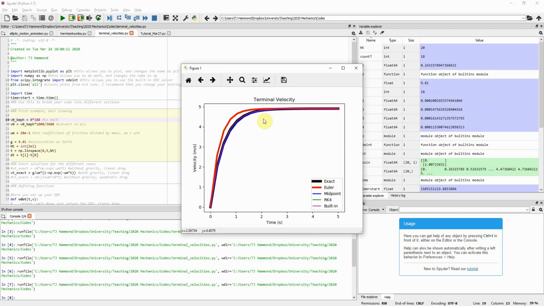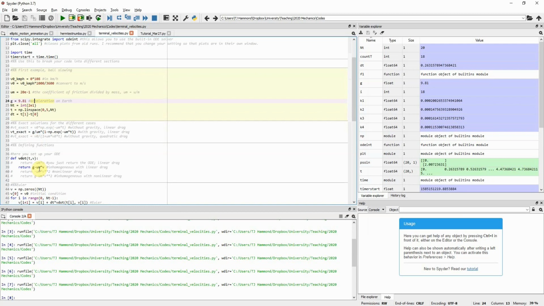It's all 5 or close to 5. And so that's because it's g over, g over the drag coefficient is the terminal velocity. And so these things all exponentially reach that, but Euler again is kind of off. Nothing's really changed from the two. But if we go to